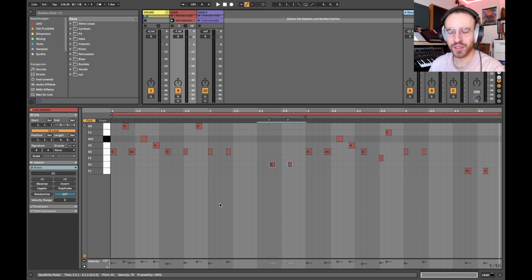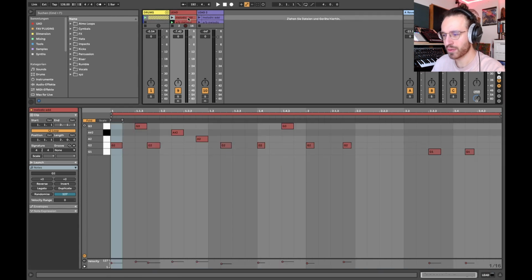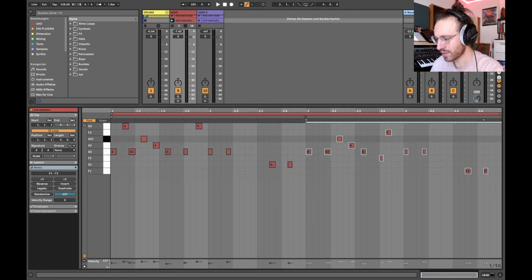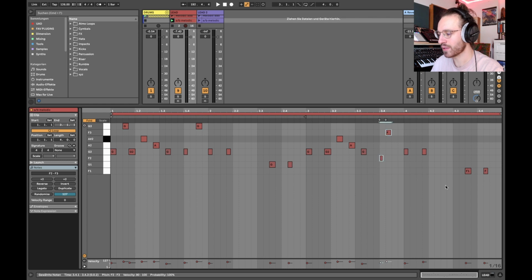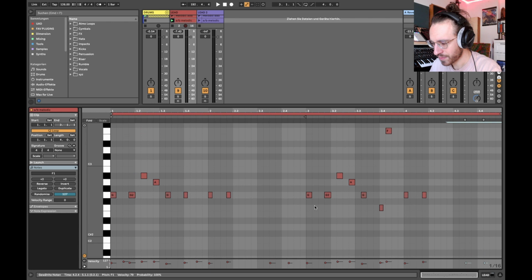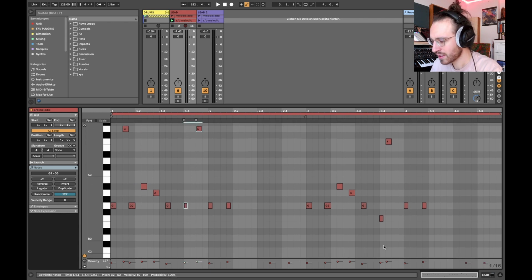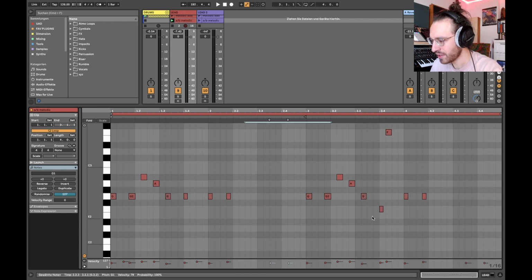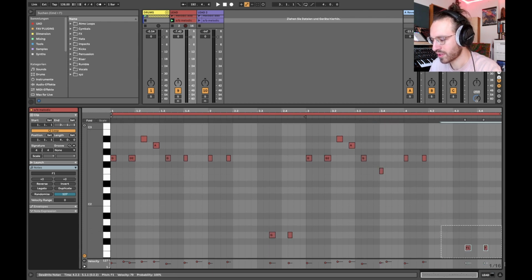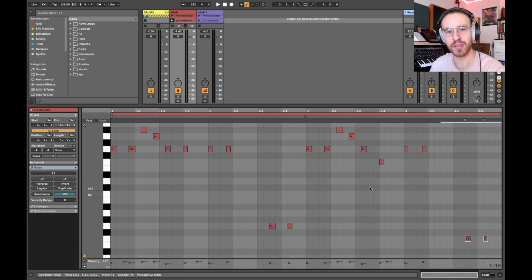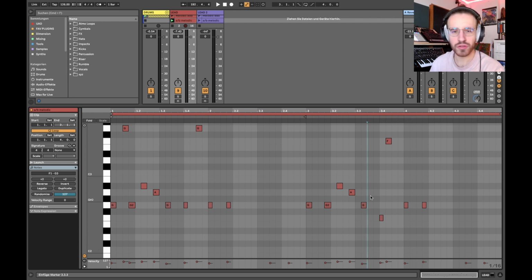I'm pretty sure you already get what's happening here. It's just a little variation of the actual melody. This one is the one we had here, and this one just varies a little bit in those two notes. Let's unfold this. We go from the G on both positions here to the F in both positions, which is the 7th note of the A minor scale, and just changes up the feeling a little bit,